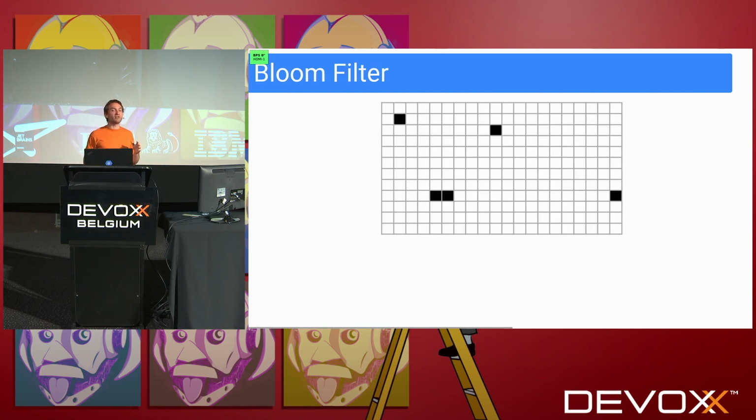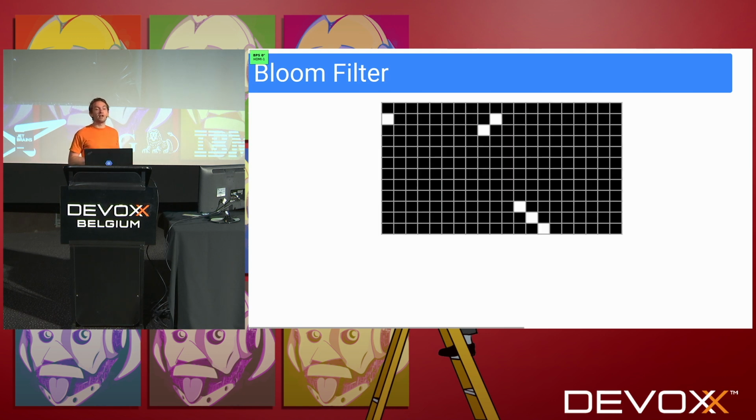Here is what a Bloom filter looks like at the beginning, when only a few elements have been added. So the Bloom filter itself, it looks like a bit set. It is a bit set. When tested for elements, is it there or not? It most often answers, no, I've never seen this object before. Now, here is what a Bloom filter looks like when a lot of elements have been added. When tested for membership, most of the time it will answer, yes, I may have seen such an object, but I can't be sure.